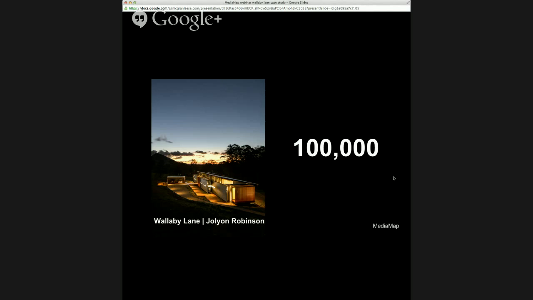It's also a really interesting project because Jolyon's essentially a sole practitioner. He works with his dad, who's semi-retired. His brother comes in every now and then to do some drafting for him, but really he's by himself. So when people talk about media, they're often saying it's only about the large firms, whereas this demonstrates that even if you're a very small firm, you can get your work out into the world and do it quite successfully.